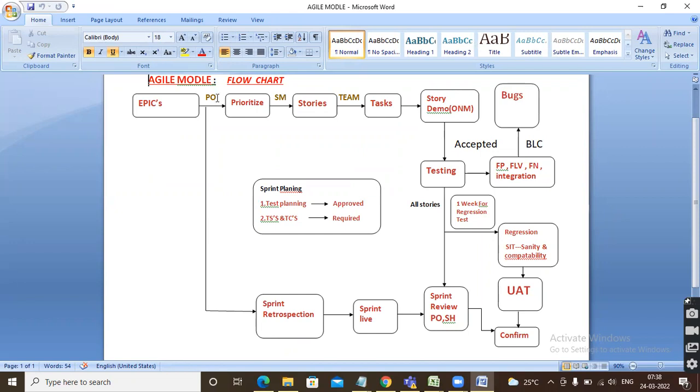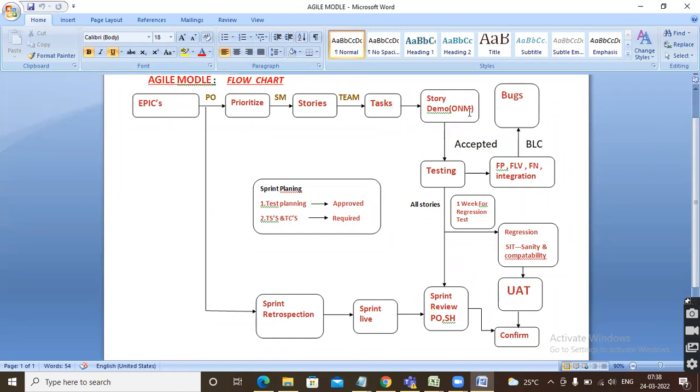The product owner will be there who is going to prioritize your stories. The prioritizing part will be taken care of by the product owner, and the Scrum Master will create the stories in the JIRA tool. And then in the JIRA tool, we're going to add the tasks for it. Once we are done with our task creation in JIRA,